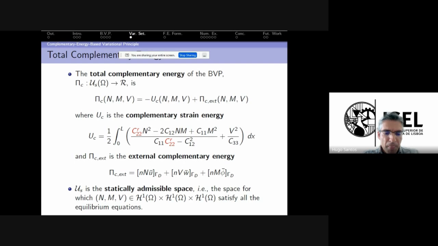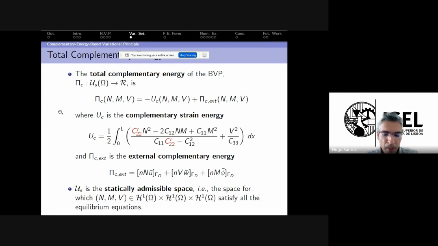So this is the variational principle in which we developed our formulation. As you can see, it's based on the complementary energy. It involves only forces and moments as fundamental unknown fields, rather than displacements and rotations, as we would have if we were dealing with a displacement-based formulation. I will not get into details, but it can be shown that under the subsidiary equations of equilibrium, this complementary energy